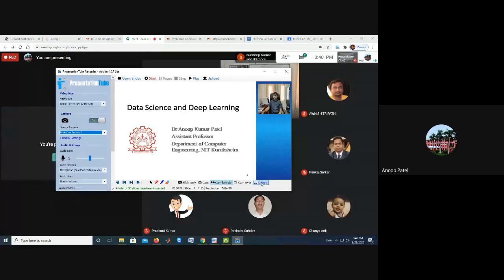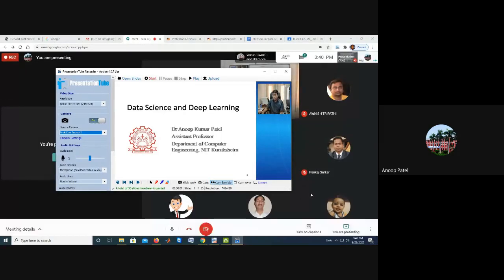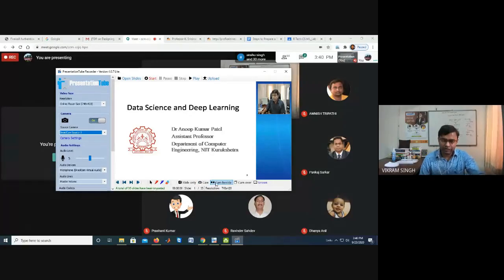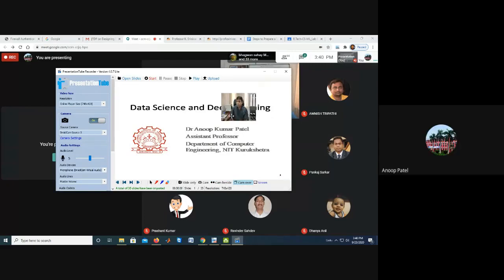Or you can select cam over, which is the fourth mode. Then we can place this video anywhere we want on the slide, and we can start recording the video.